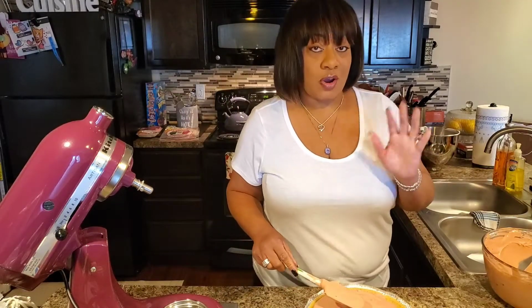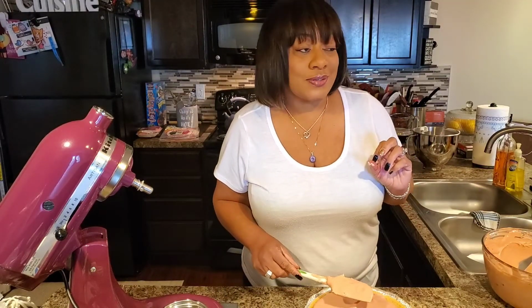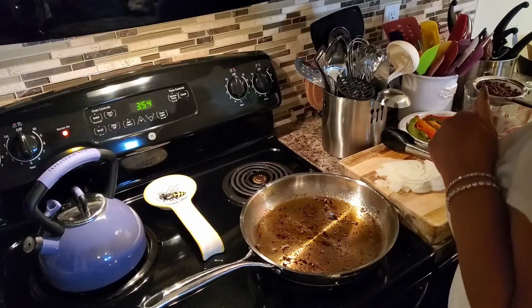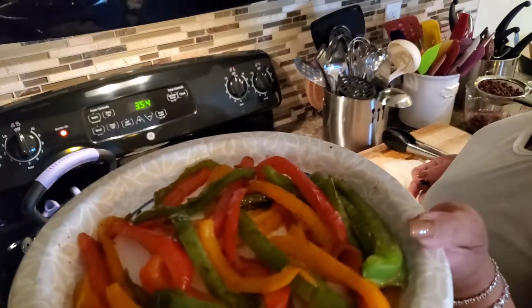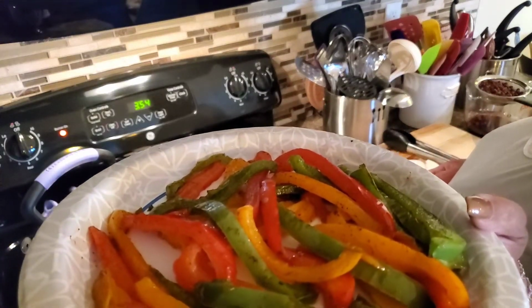And when we come back, I'm going to get started on these absolutely delicious fajitas. You don't want to miss this. Y'all don't go nowhere. Okay, so I've already sauteed up previously some bell peppers, some green, some red,